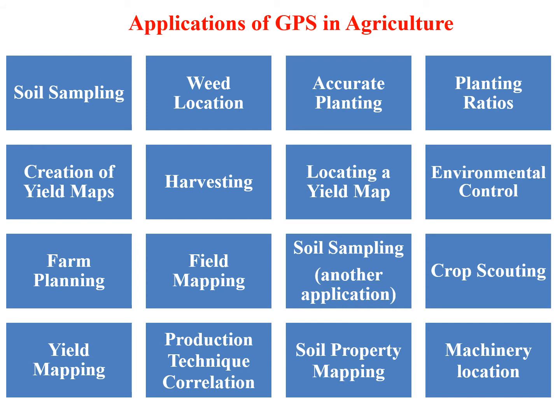Locating a yield map. GPS can also be used to locate a yield map by mounting a GPS receiver on a farm machinery and then collecting the data. Environmental control. Applying herbicides or pesticides based on the capacity of each square meter reduces the application amount of the pesticide being used. This allows the soil to absorb all the pesticide, hence reducing the chances of runoff.